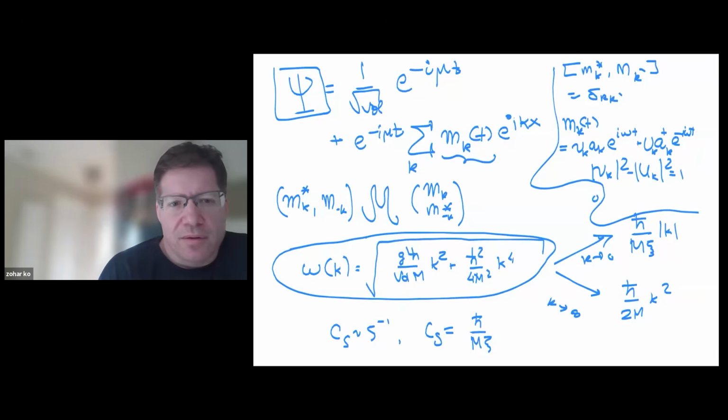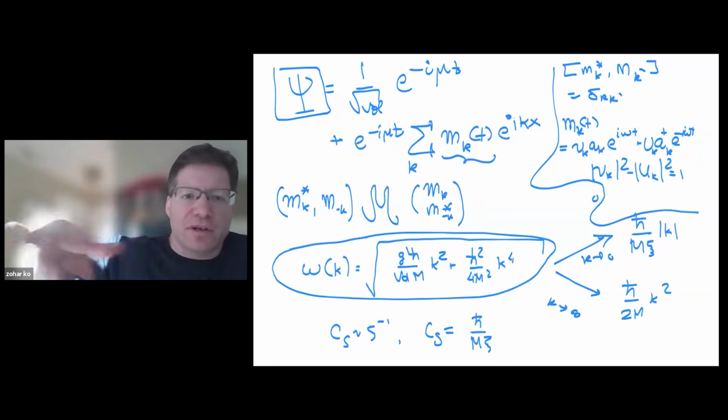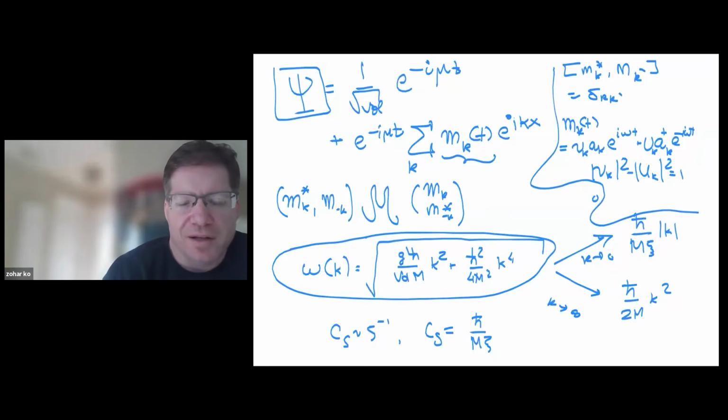So what is the point here? The point here is that we started from psi being an annihilation operator for particles in the fluid. But creating a wave on the fluid is not like adding a particle to the fluid. It's like a mixture of adding a particle and killing a particle. It's some kind of linear combination of the two. And these are the eigenmodes of the system. And they have a dispersion relation that's linear and not quadratic.